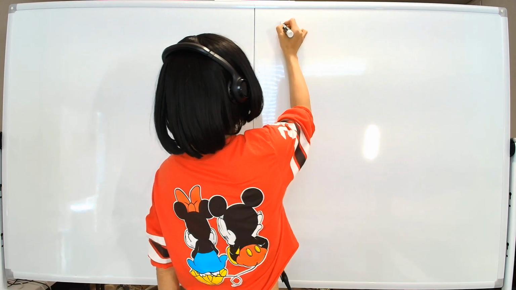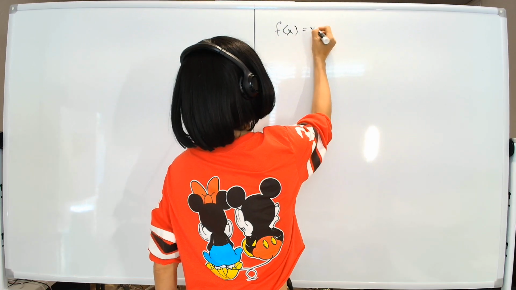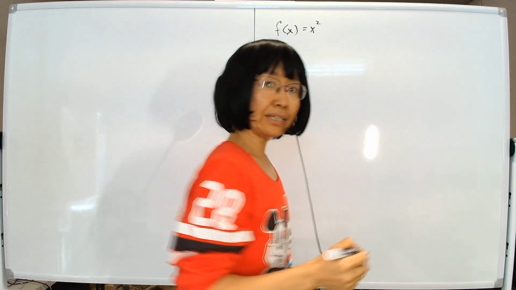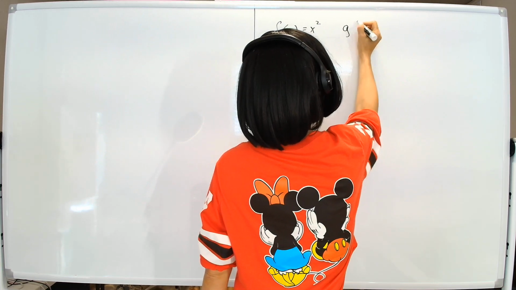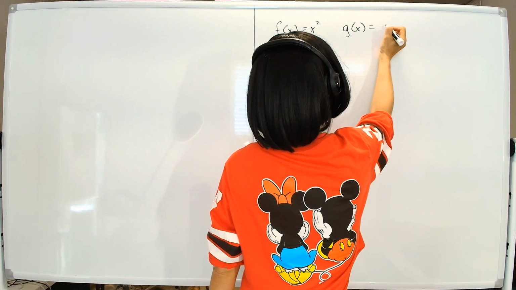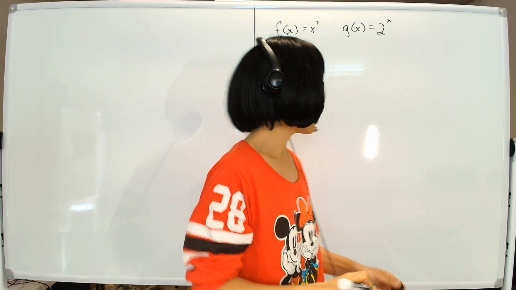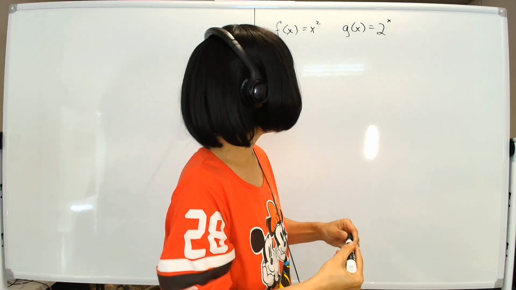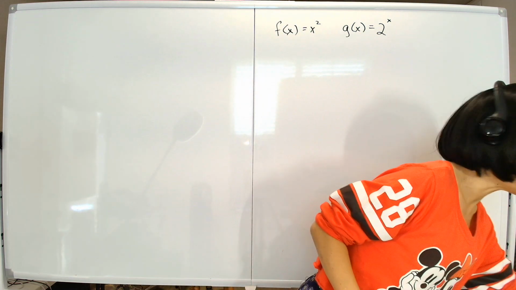Here's a polynomial, a basic one, f(x) equal to x squared. The exponential function is something like g(x) equal to 2 to the power x. Now they look similar, but the story is very different because your variable is actually in the exponent itself,